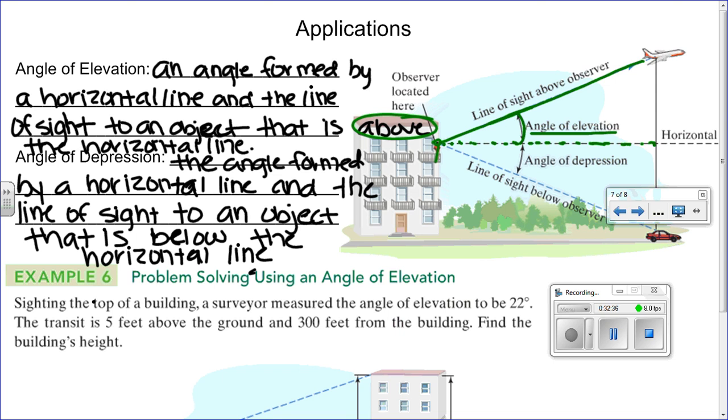And then the angle of depression doesn't really mean that the angle is depressed. It's simply the line of sight, and then you look down. That angle right there, the angle of depression, is below the line of sight. Okay, so for example 6,